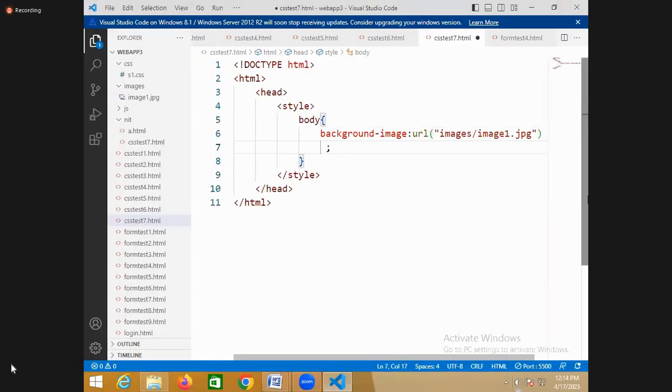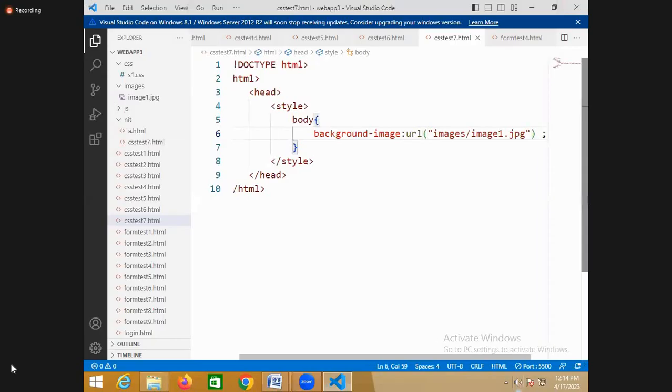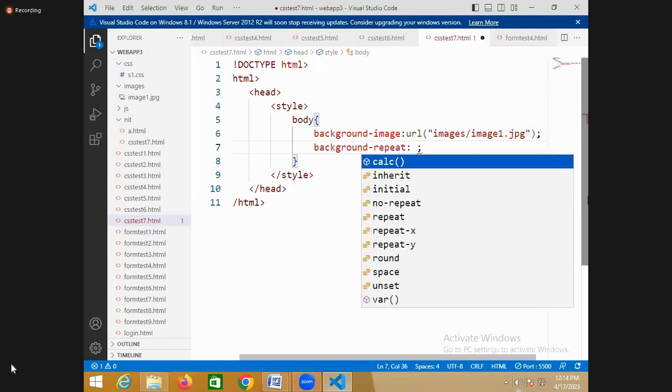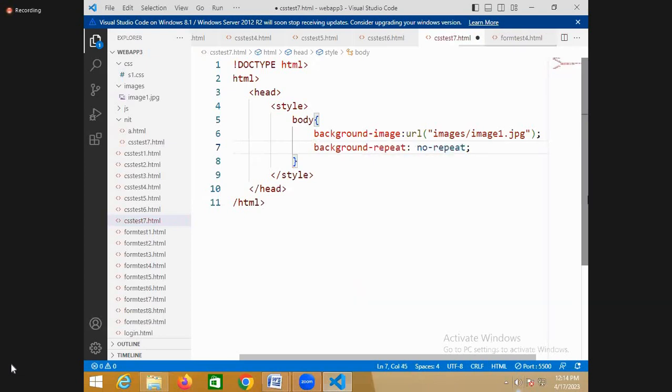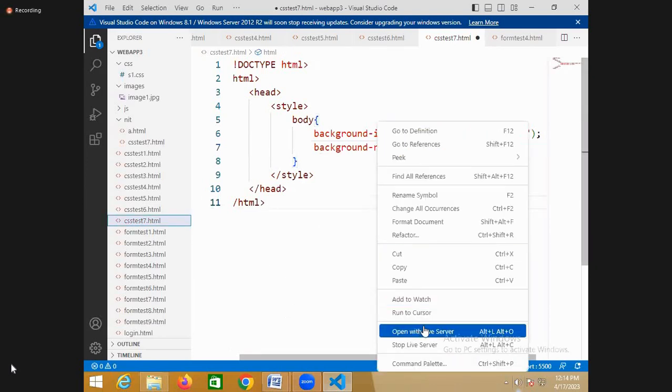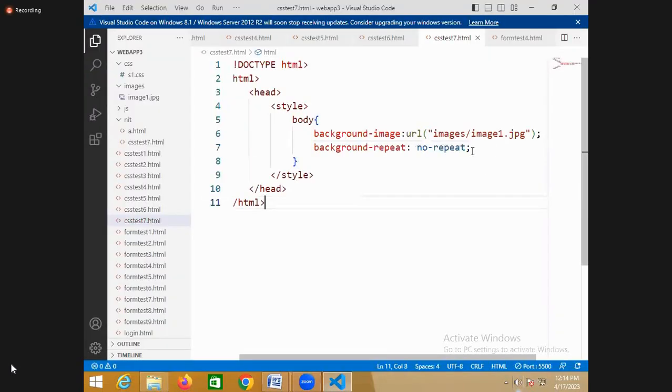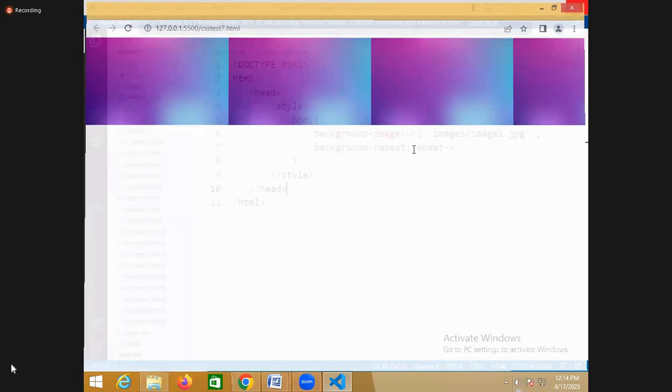You simply write background repeat. So for background repeat, you say no repeat. If I say background repeat no repeat, is the image repeated now? No. It is displayed only one time. And if you want the repeat to be done horizontally, then you say repeat X. If you say repeat X, it will repeat horizontally. If you say repeat Y,